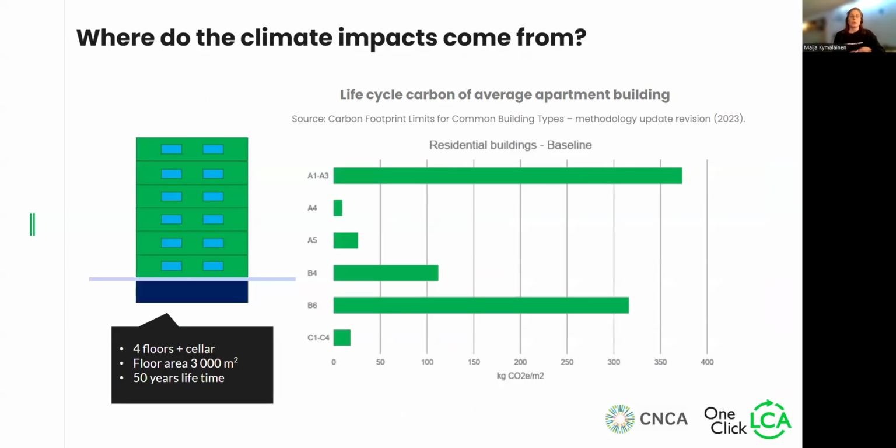So if we dive a bit deeper into the emissions related to buildings and see where the climate impacts mostly come from. So this example building is a typical Finnish apartment building with 4 floors and a cellar and the floor area of 3,000 square meters. And this is assessed with the Finnish assessment method that is compliant with the European EN 15978 standard, calculated over 50 years. The values are predominantly statistical averages from data that is gathered from projects that are assessed with OneClick LCA. So here we can see that the biggest impacts are embodied. So approximately 44% of the